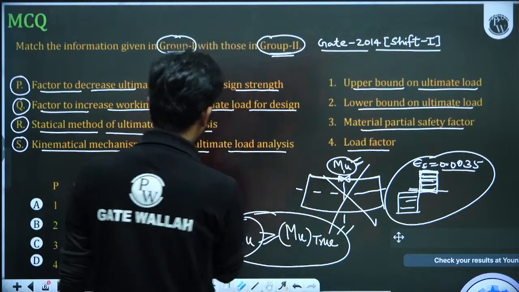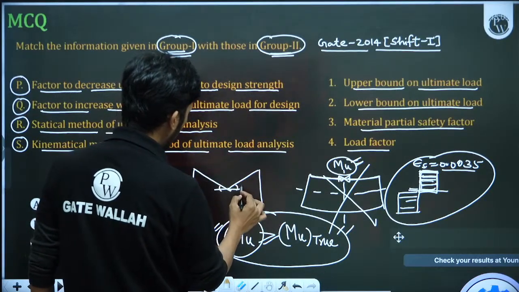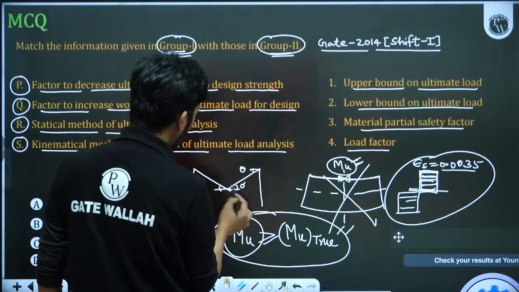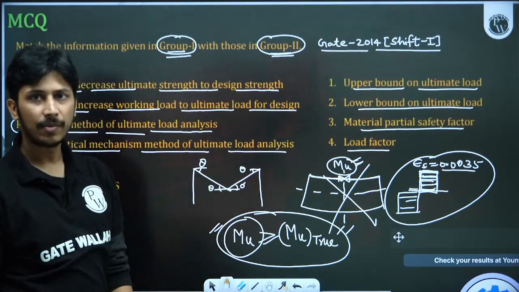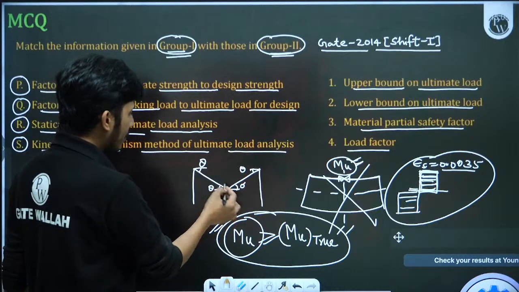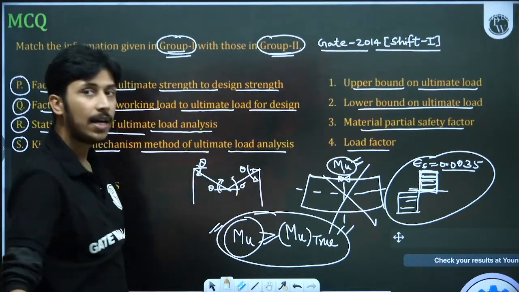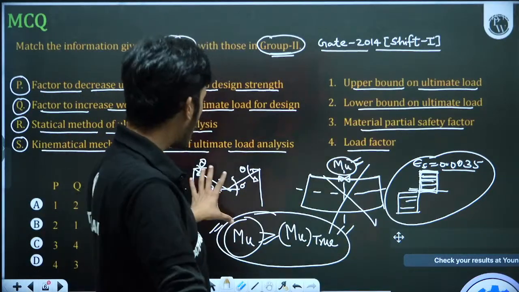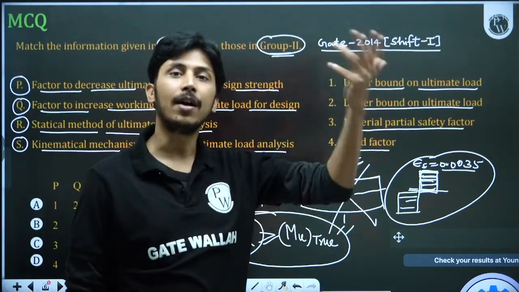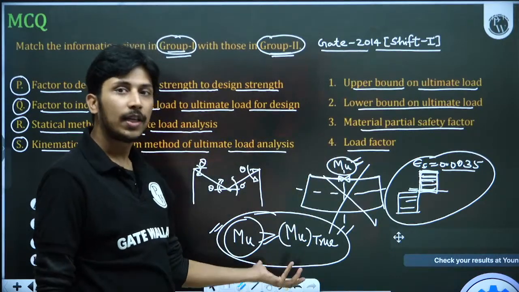If this has made some angle, theta here, or phi here, theta here, I'm taking the same angle, taking the symmetry. When it has made some angles, it is giving some rotations here, then we will say that the collapse has occurred. This is called the upper bound mechanism. Here we are calculating the moment when the collapse has occurred, which means the moment calculated will sometimes be more than the true collapse moment.